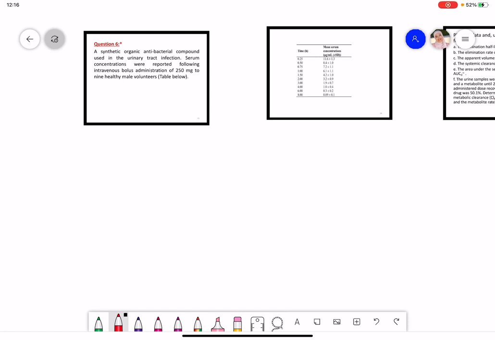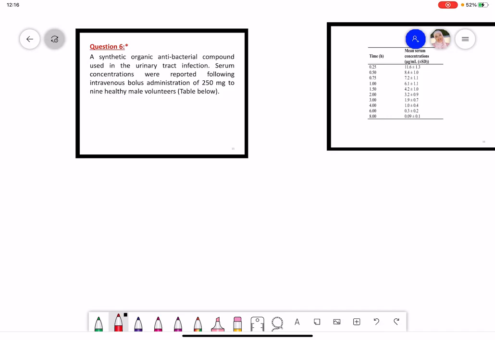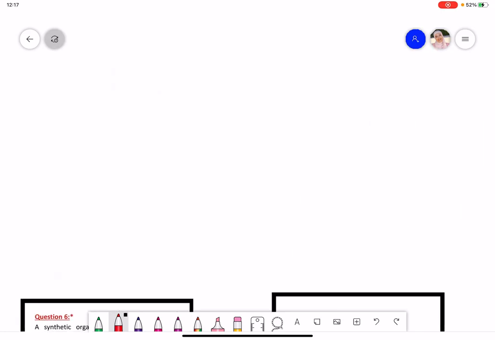Okay, let's start with question number 6. We have a synthetic organic antibacterial compound used in urinary tract infection. Serum concentrations were reported following IV bolus administration of